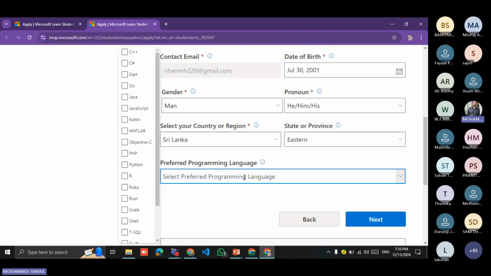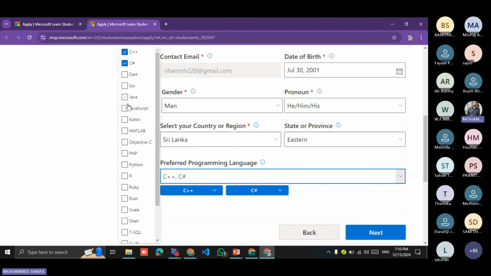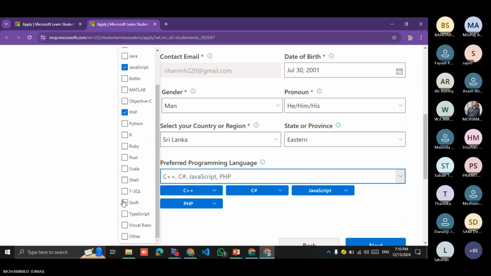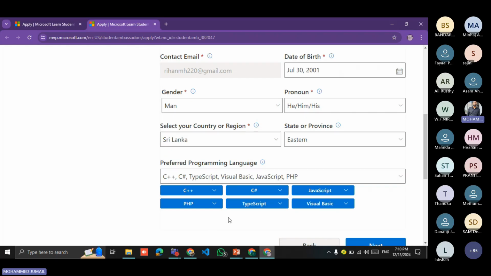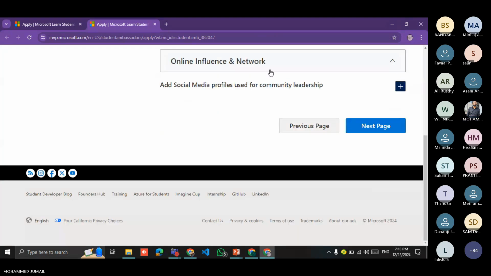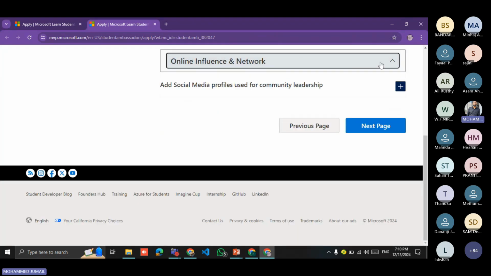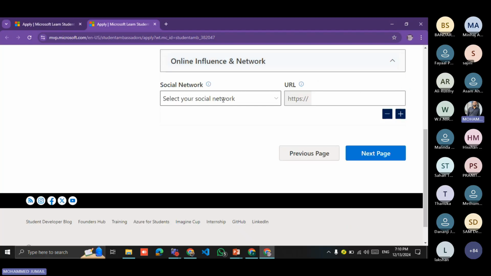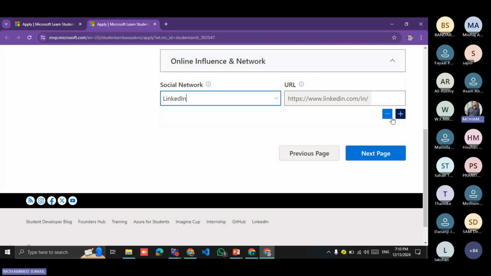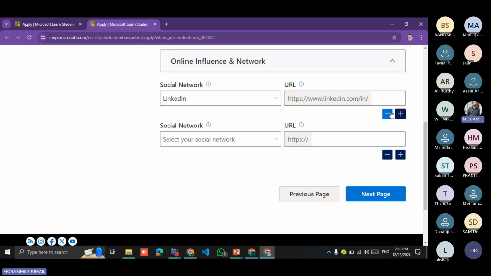Then select your preferred language, like C++ or C#. Whatever language you like, you can select it. In my case, I selected my languages and clicked next. Then the online social network: if you have a LinkedIn account, you can add it. In my case, I accessed the